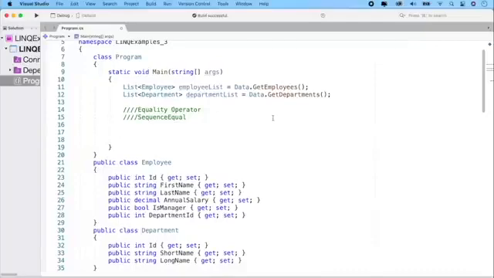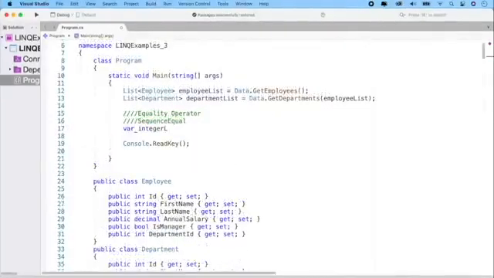If each item in each list matches in terms of value and order, the SequenceEqual method will return true. If any of the items in each of the relevant lists does not match in terms of value and order, the SequenceEqual method returns false. Let's create a generic list named integerList1